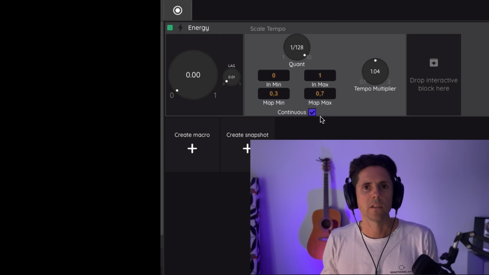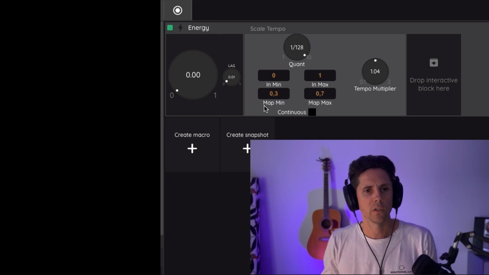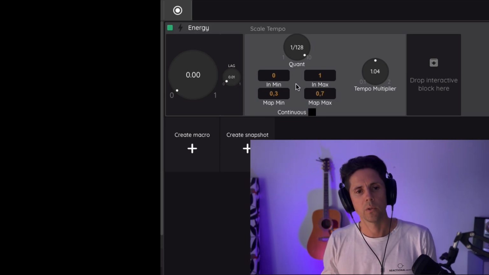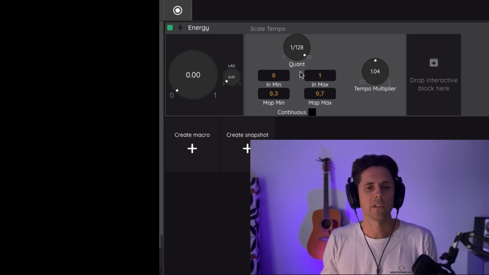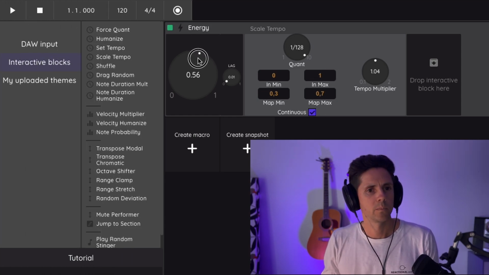Now you see this continuous toggle here. This means that whenever the range is active, so for this all over, the continuous toggle makes it so that the plugin will always process the value within that range. If it were set not to continuous, it would only trigger once when you enter the range set to be active. If we were to listen now,